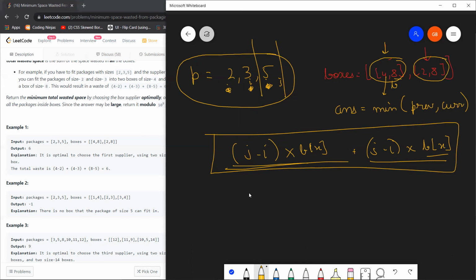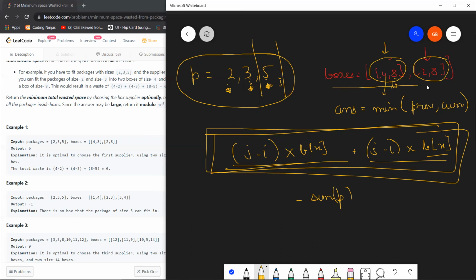If we are using minimum total space, obviously we are using minimum total wasted space. And the trick that I showed you earlier, simply take the sum, and at the end you can subtract the sum of p, and that will give you your total wasted space. And you could have taken mean of that or mean of this, doesn't matter. And finally, at the completion of the traversal of all the suppliers that you have in the form of the boxes array, you have your final answer, and then you just return your final answer.